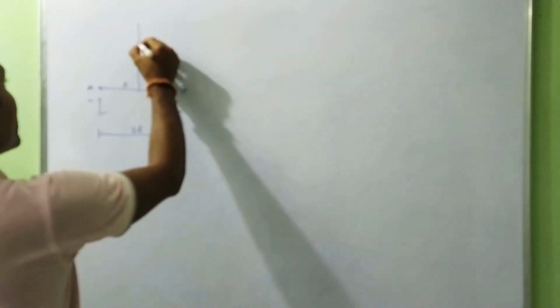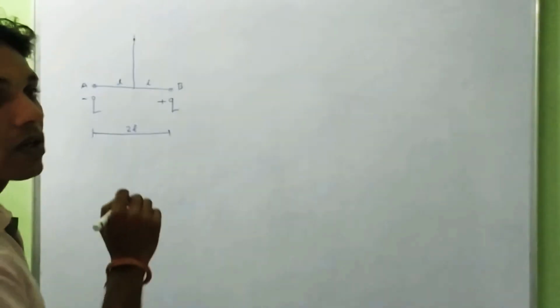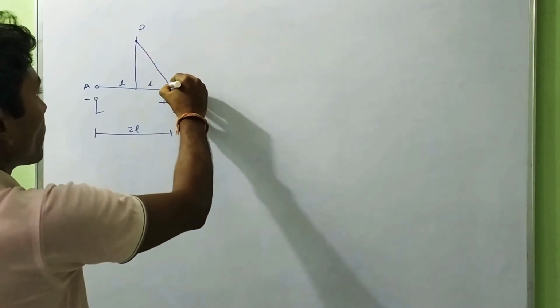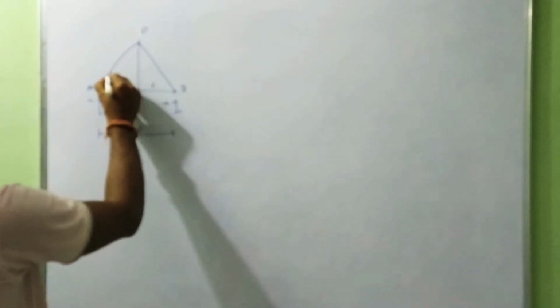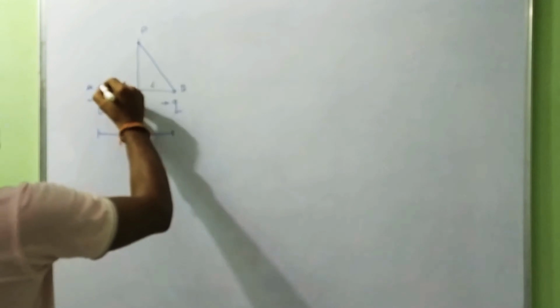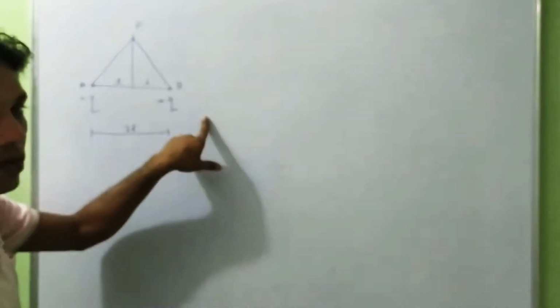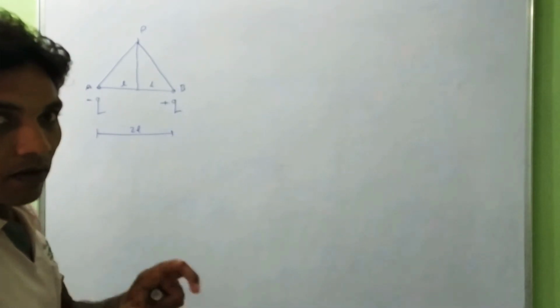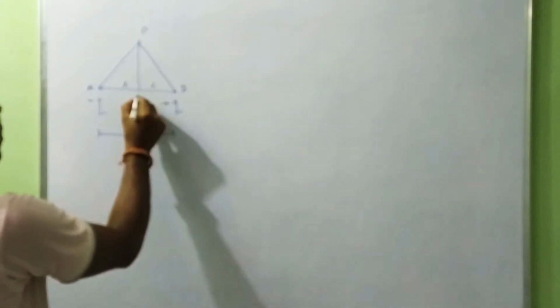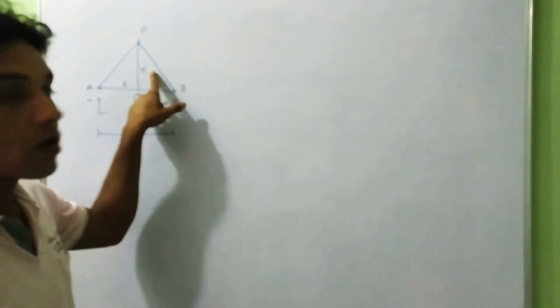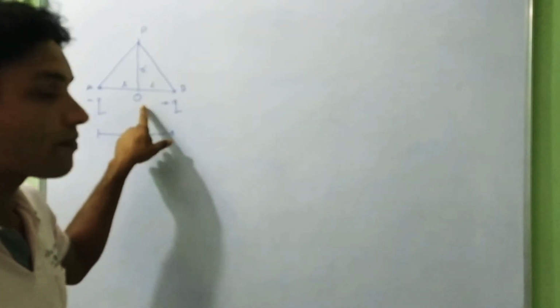So we take a point P on the equatorial line. This is P. So we have to join this line from point B, and also we have to join this point from A. Now we have to find the electric potential at point P due to plus Q charge. Before that, let the distance of P from the midpoint be R.